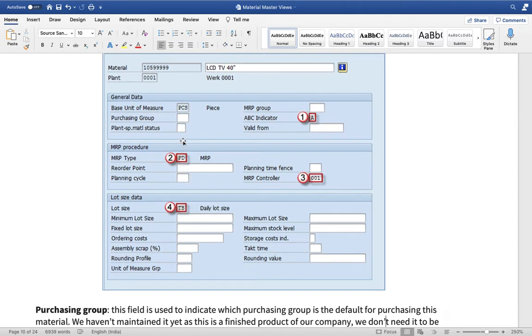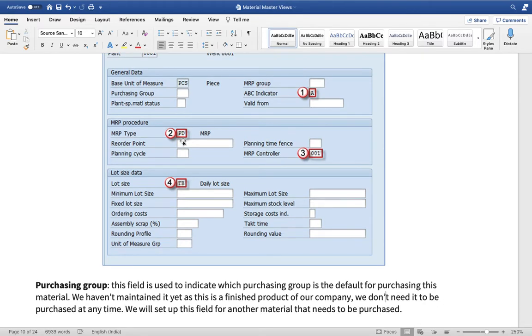Although it is not a mandatory field, there are some materials which are either raw material or some kind of bought out material.